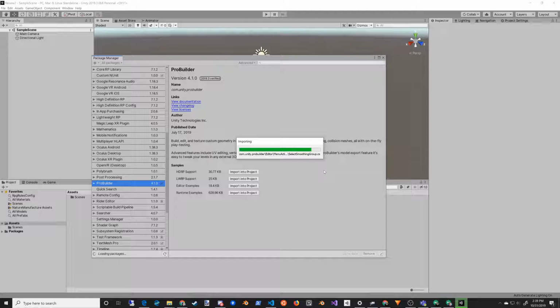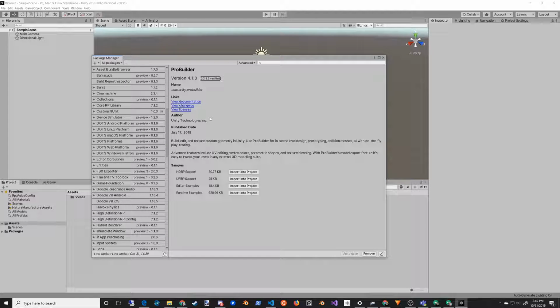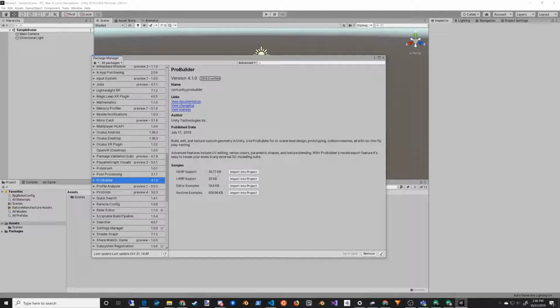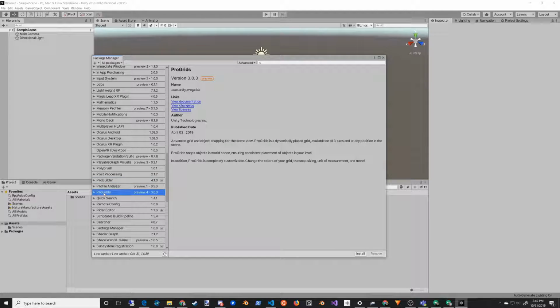So the other tool that's really cool that's related to ProBuilder is called ProGrids, and it's currently sort of in preview, so to see that you have to go to this advanced menu and go to show preview packages. Then it should be right here under ProBuilder. It says it's a preview version, but it's actually been out for a really long time, so I don't know why it's still preview. Install that just like